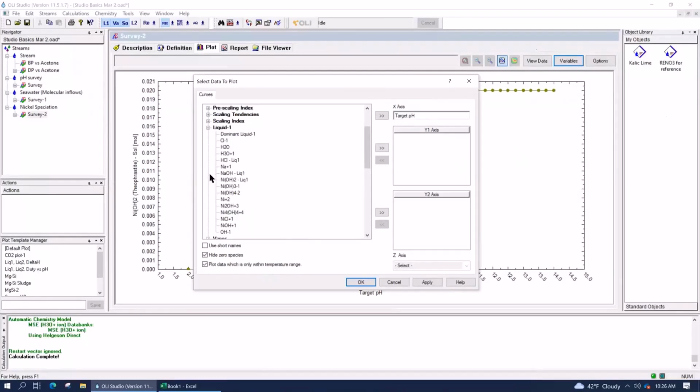Just like Dino was saying, if I had the ability to say groups, add all the nickel species to the y-axis, this is where it would help again, Dino. Since we don't have that, you're going to double click on every nickel containing species. AJ, can that not be done in MBG total liquid 1? We're going to get to that later. MBG is the total concentration, but you'll see that in just a second. For now, what we're going to do is look at the individual species that add up to that MBG.